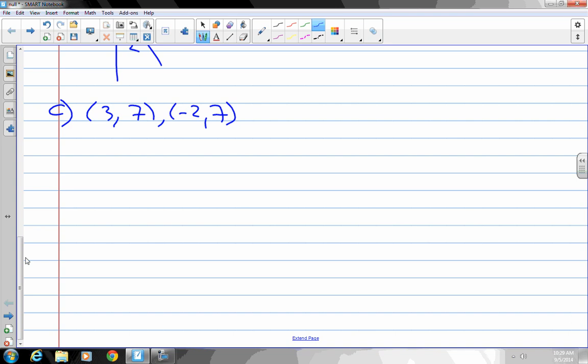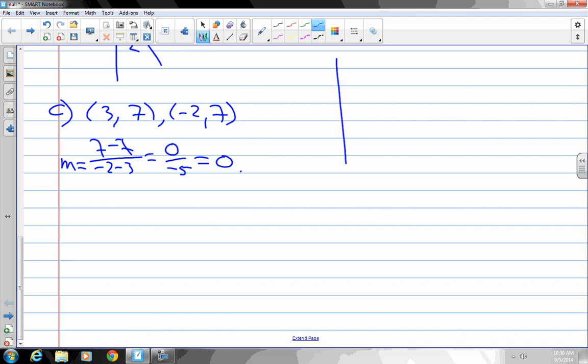Horizontal, right? The y didn't change, so if I do the slope, it is 7 minus 7 over negative 2 minus 3, which is 0 over negative 5, which is 0, right? 0 on the top is 0. 0 on the bottom is undefined. So the slope is 0, but if you think about this line,